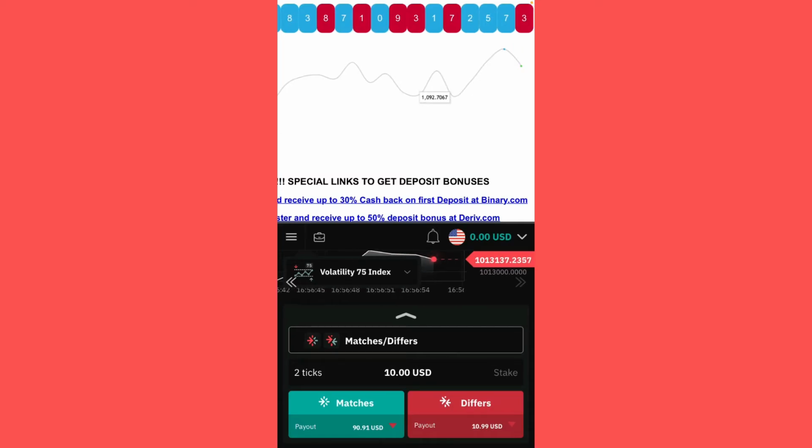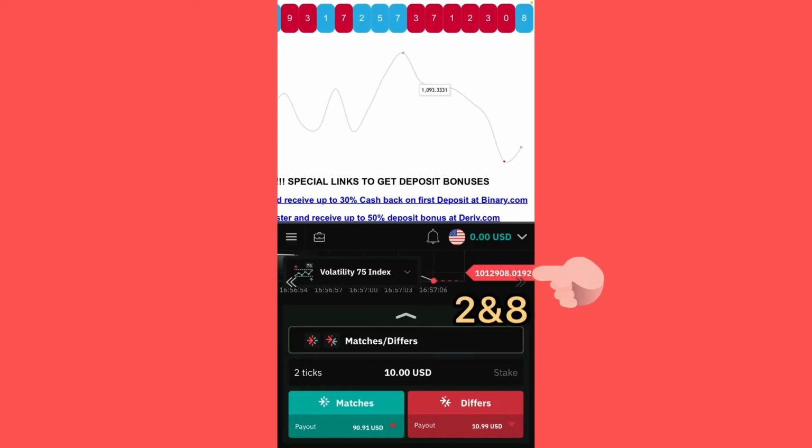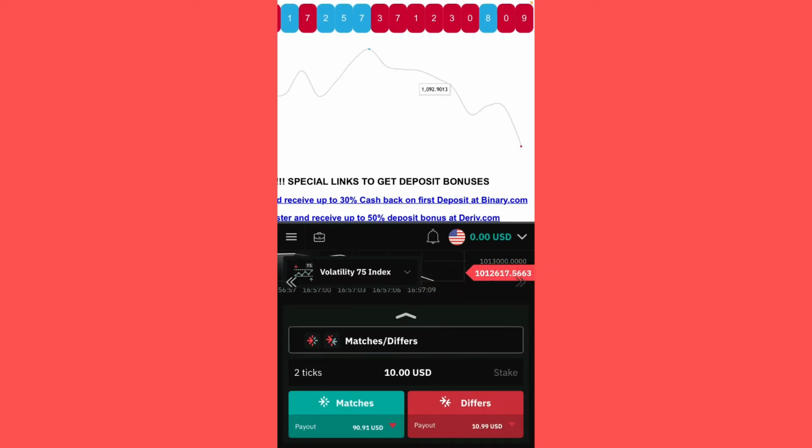3, 7, that's what is coming up. 1. So I will wait. Once 0 comes up, I'll read it here. 0, 2, 8. That's what came up on the drive. Once you click 0 on 2 ticks, the two numbers that appear will be these numbers that I mentioned. 0 will not come up again.